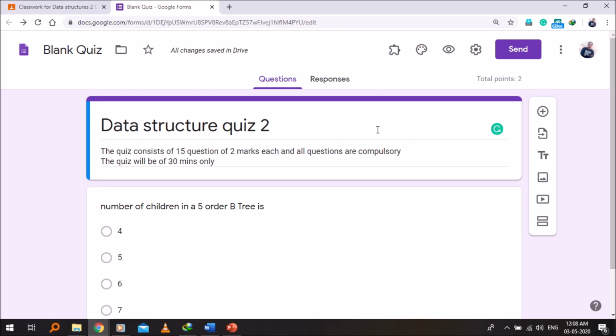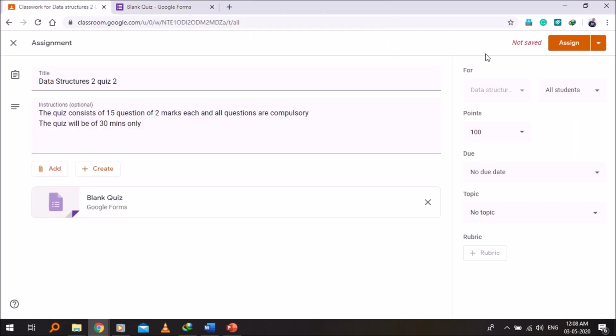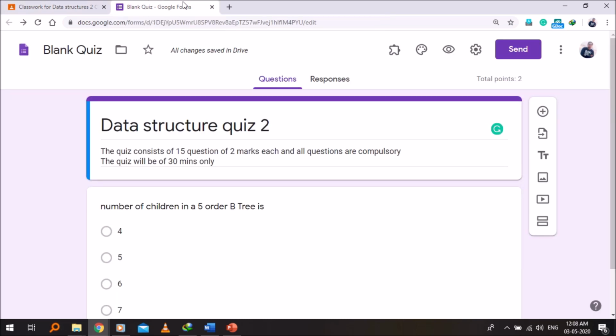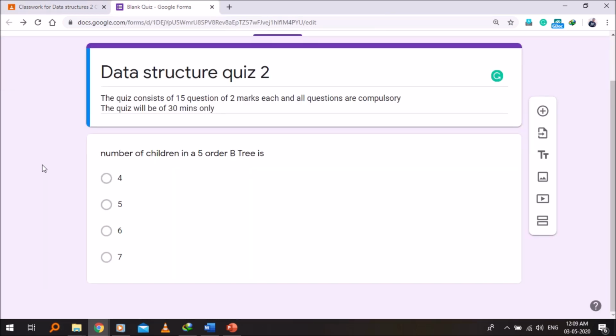If I have set the time of next day, or maybe day after tomorrow, then I have to assign this assignment just before half an hour or 1 hour. If the duration is of 1 hour, then just post this assignment at the right time so that the students can log in and check the form, do it in fixed time duration.